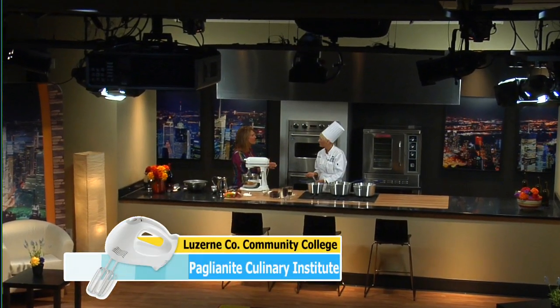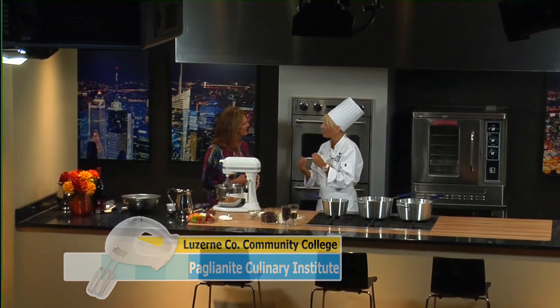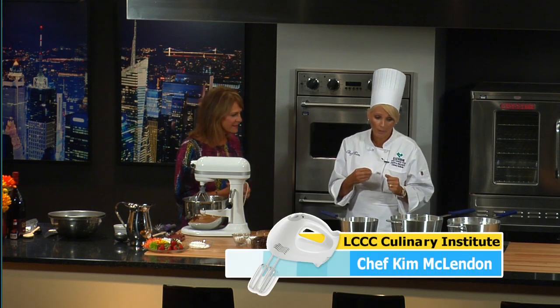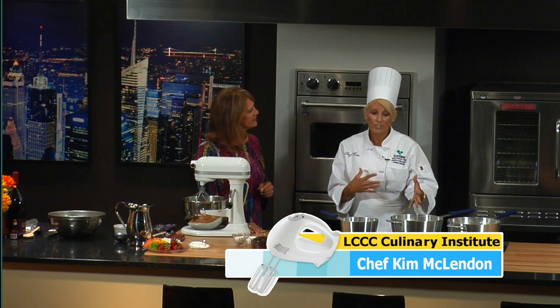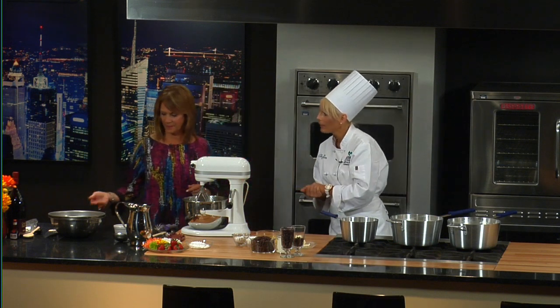Chef Kim is going to whip up a flourless chocolate cake for us. How do we get started? Well, we're actually doing two things at once here. First, I wanted to do a double boiler. A double boiler is nothing more than my large sauce pot, filled about a quarter of the way with water, brought to a boil, then turned off. And then, Jane, if you can help me by grabbing my work bowl over here,